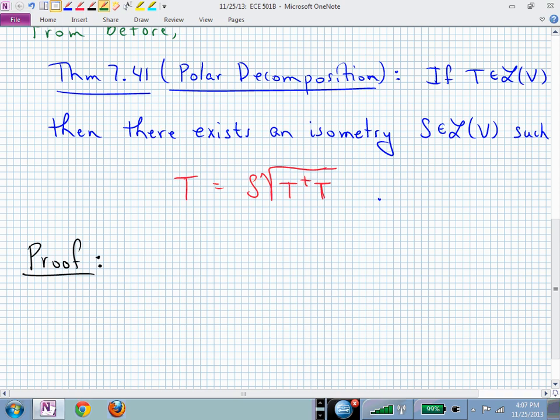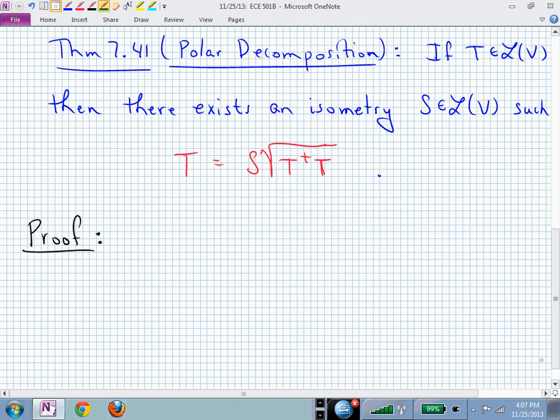First thing that we want to do is really just see that that positive square root of T adjoint T scales the same way that T does, because the isometry doesn't do any scaling, it just does direction. So first, let's just say that we'll take a linear operator T that's associated with this inner product space V. Then let's look at